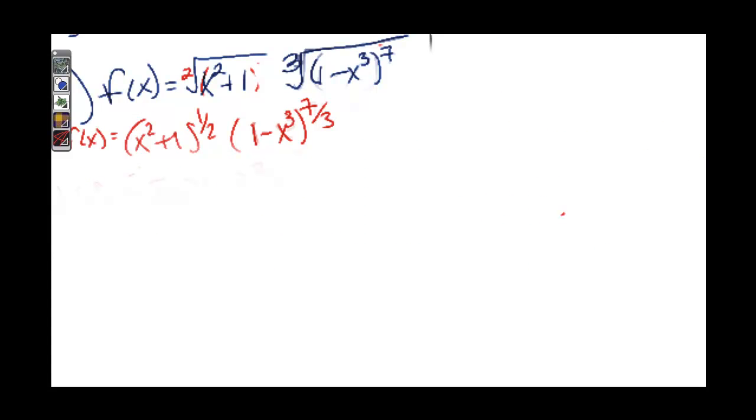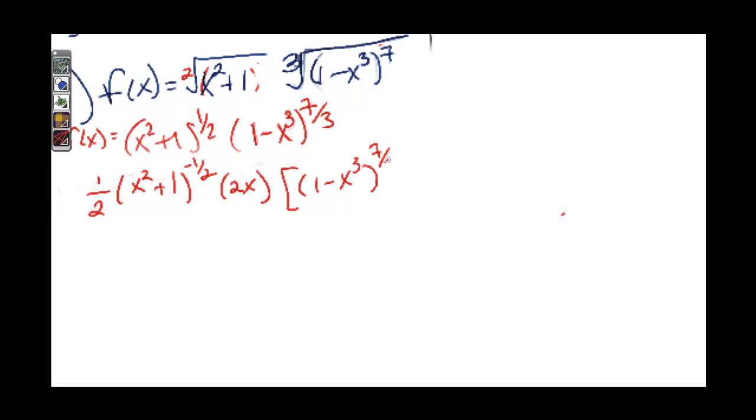Alright, let's continue on with the product rule. The product rule again states take the derivative of the first times the second plus the derivative of the second times the first with no change. So the derivative of the first is going to be this times the second with no change. I put that extra bracket there just to let you know that that's the one with no change, and then plus the derivative of the one that was in the bracket that didn't change,